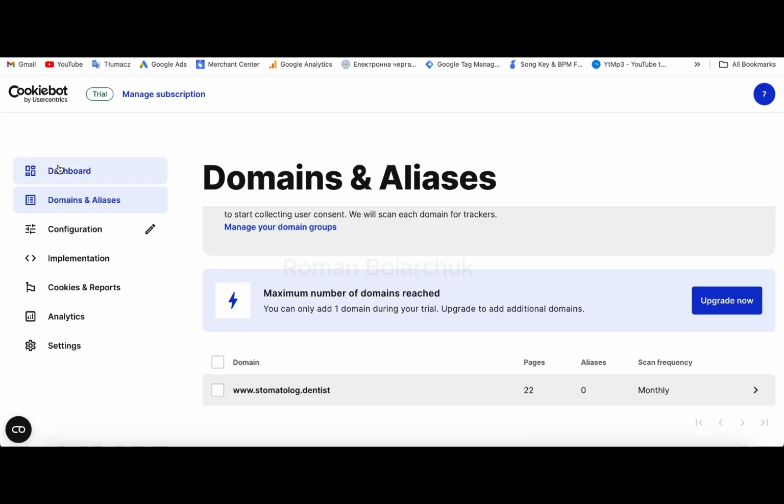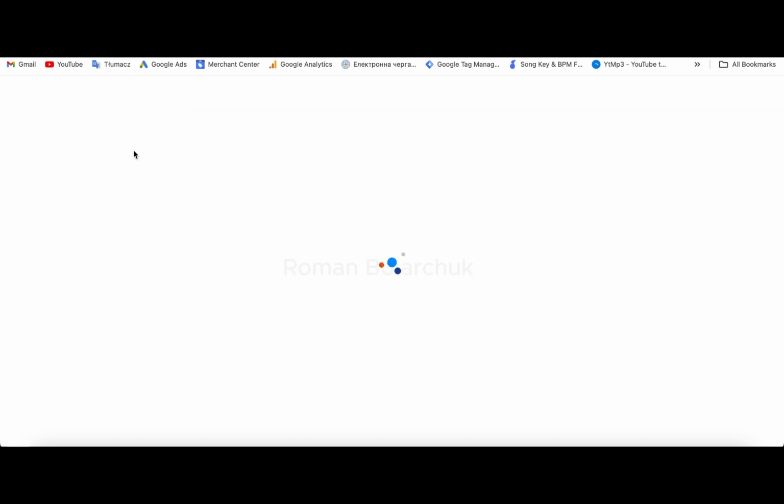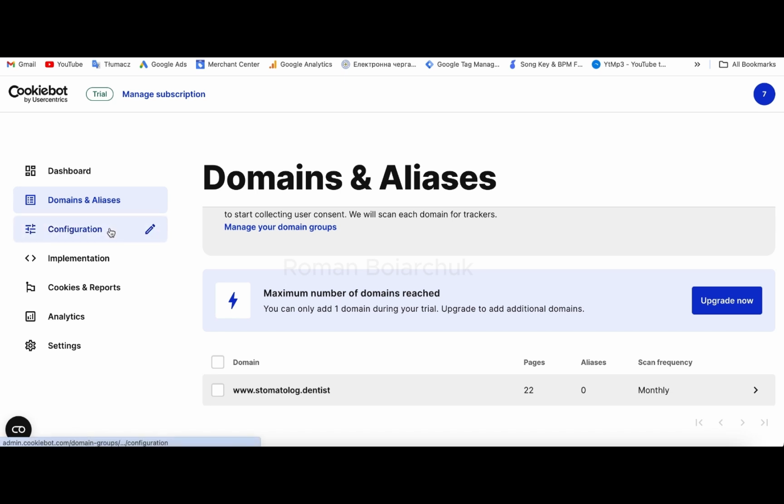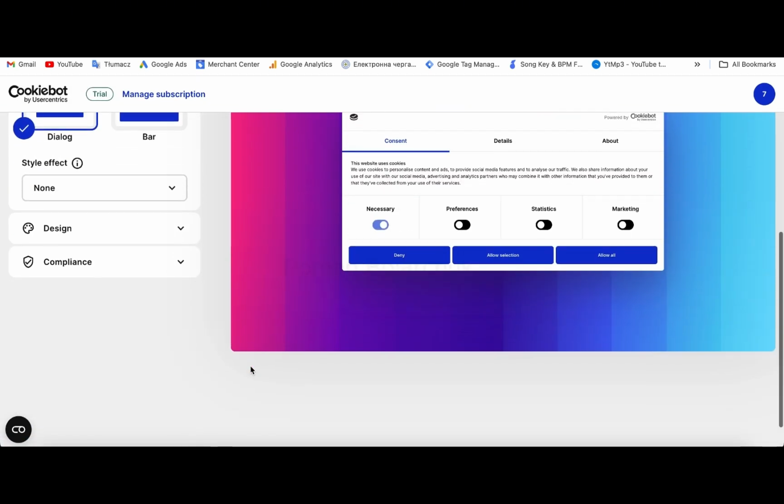Let's dive right in. First up, head over to the Cookiebot website. It's one of the many tools out there that can handle consent management with Google Consent Mode built right in. Plus it's free to use. Once you are signed up and on your dashboard, you will need to configure your consent pop-up and add your